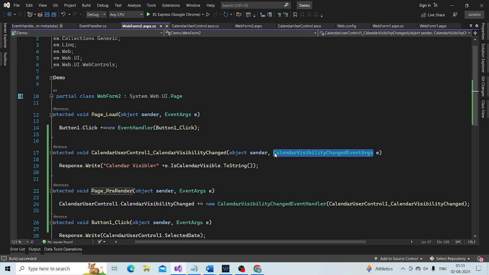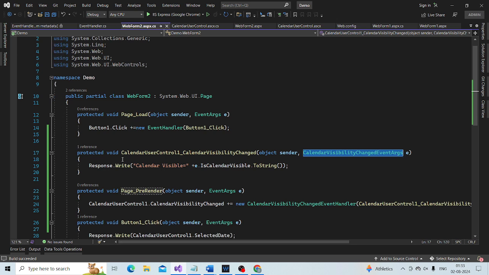That is why, keep in mind, an event handler needs to be registered before the event is raised. Okay. That is why keep in mind the event handler.